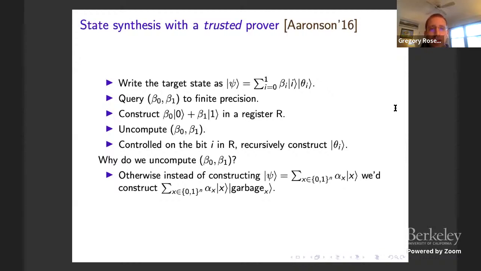So the solution is to write the target state psi and decompose it in this way. First, the verifier will query the values of beta 0 and beta 1 to polynomially many bits of precision, and construct this state beta 0 |0> plus beta 1 |1>. Then it uncomputes the query, and then controlled on the bit i in this one-qubit state that it constructed, it recursively constructs theta i. And it's important to uncompute garbage because